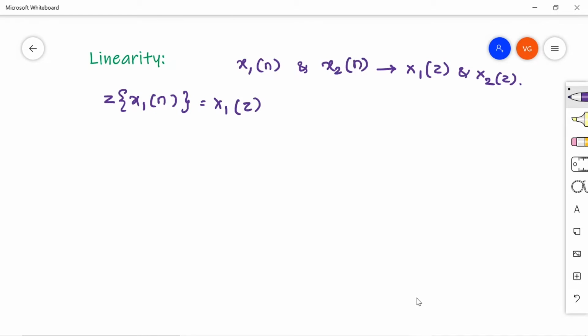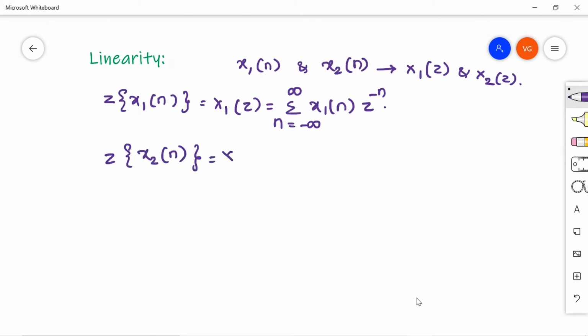By definition of Z transform, it is nothing but sigma, n running from minus infinity to infinity, x1 of n z power minus n. Similarly, Z transform of x2 of n we are calling x2 of z. By definition, you can write it as sigma, n running from minus infinity to infinity, x2 of n